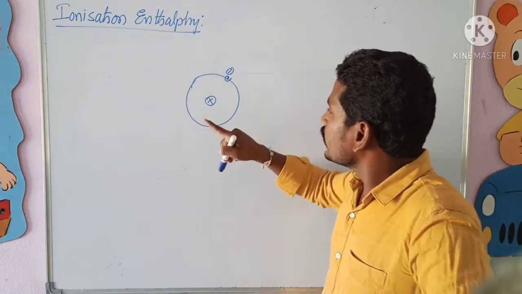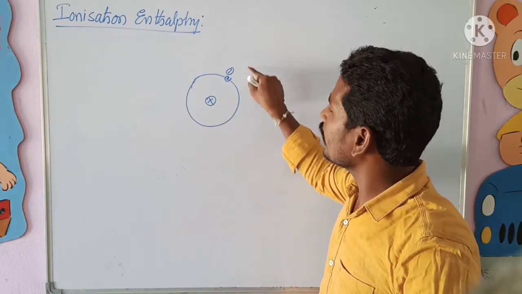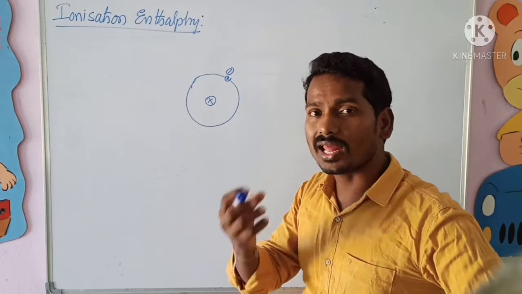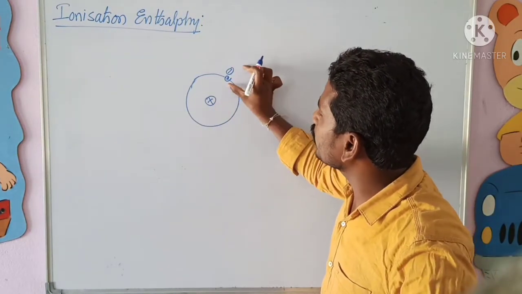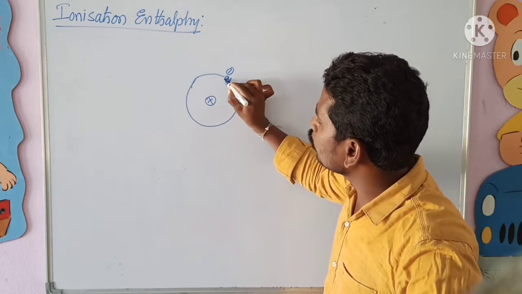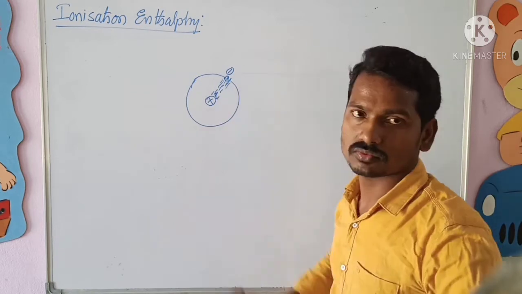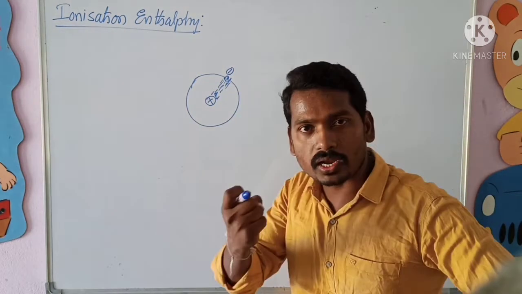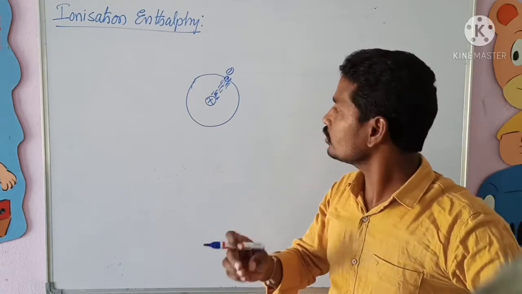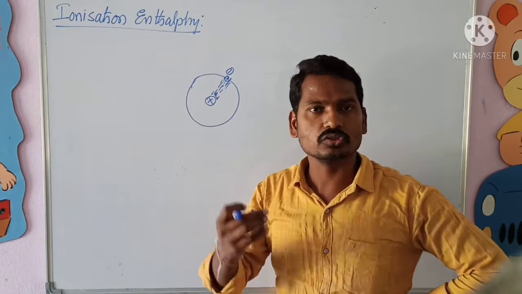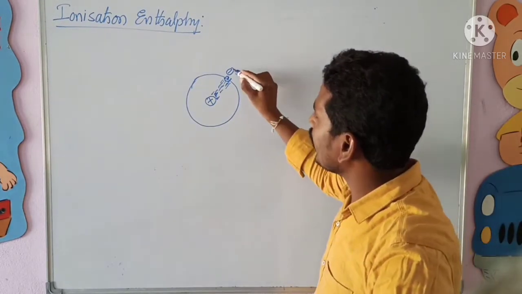Here two oppositely charged particles are there, and they have a certain electrostatic attraction force. The electron's negative charge and the proton's positive charge have an electrostatic attraction force. These electrons are held by the protons, that is the nucleus, with a certain amount of electrostatic attraction force. In this case, to remove this electron